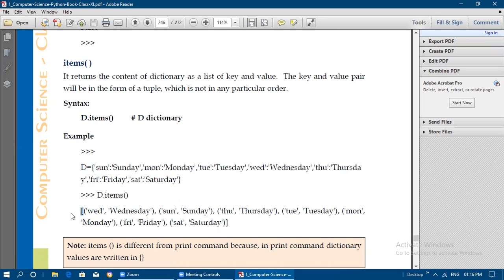See here, square brackets are used to represent a list. Every key-value pair is enclosed within parentheses and all the key-value pairs are enclosed within the square brackets.